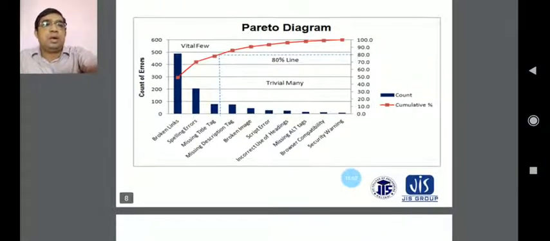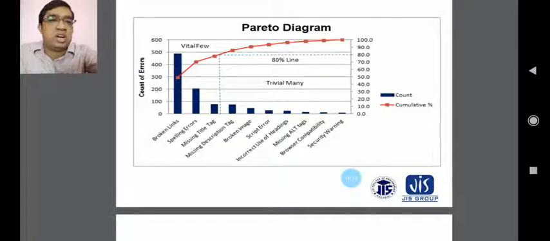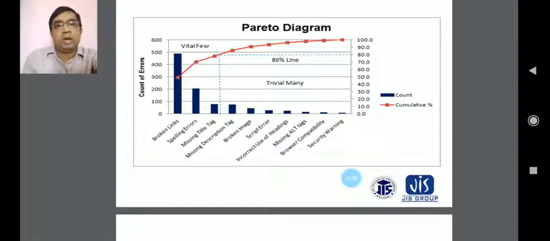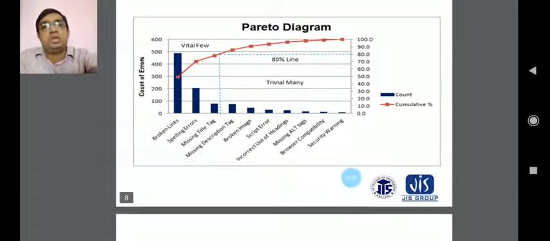Basically, the Pareto diagram is also called the Pareto chart, and these Pareto charts are arranged from the higher to the lower value. Or basically, the broken lines are counted here in the Pareto diagrams. You have to count the errors that will be calculated in your Pareto diagrams. The 80% effect comes from the 20% causes.